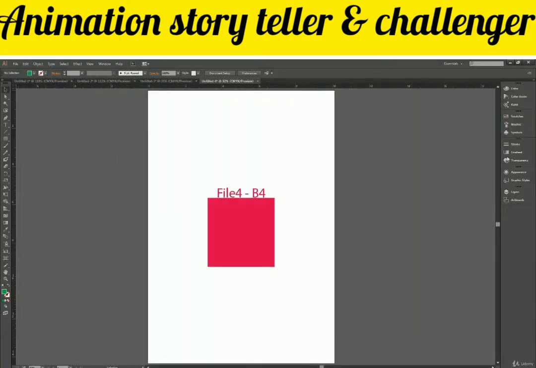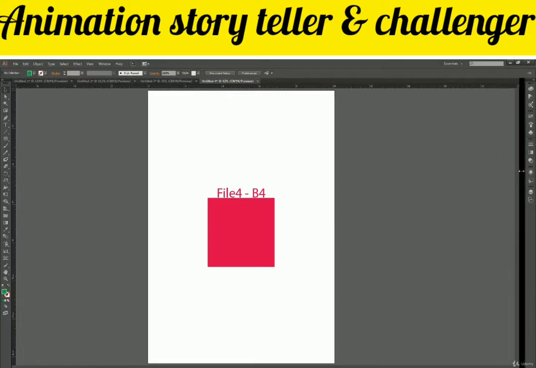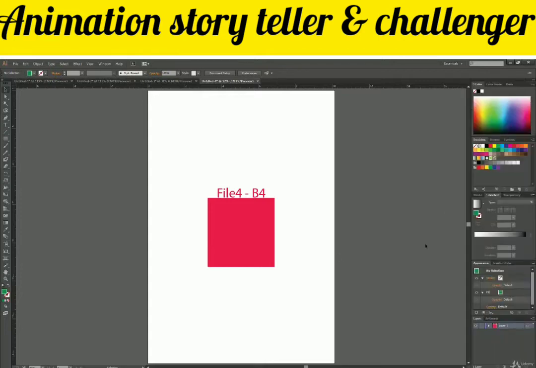Let's close this again and we'll shrink it down. Now we can rearrange our panels the way we want. I like this part of Illustrator a lot. You can customize your panels the way you want and the way they are arranged. So that is one good thing I like in the interface, because you can have your own set of panels. Let me just show it to you real quick.